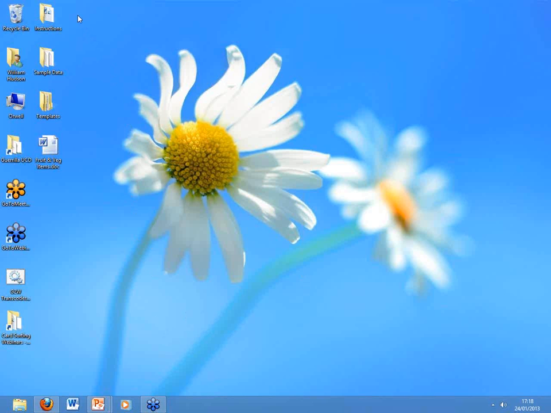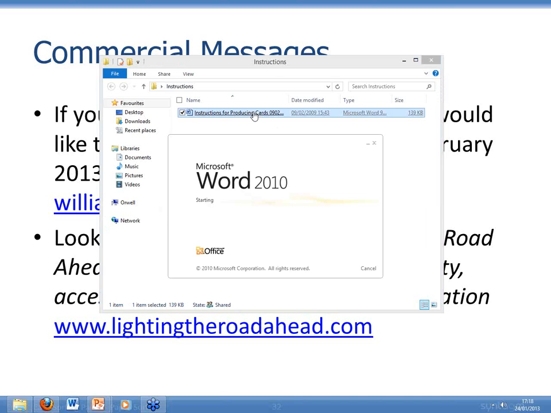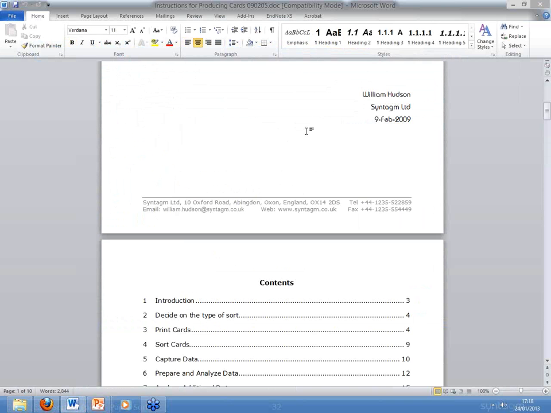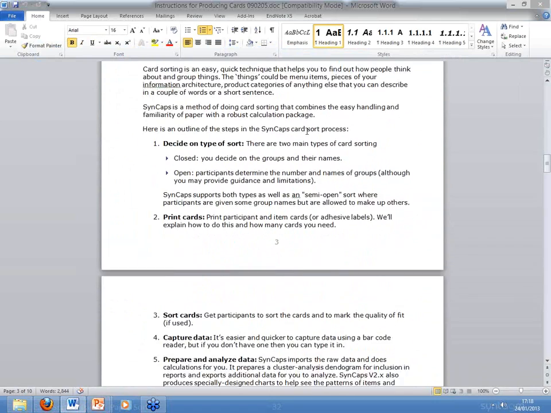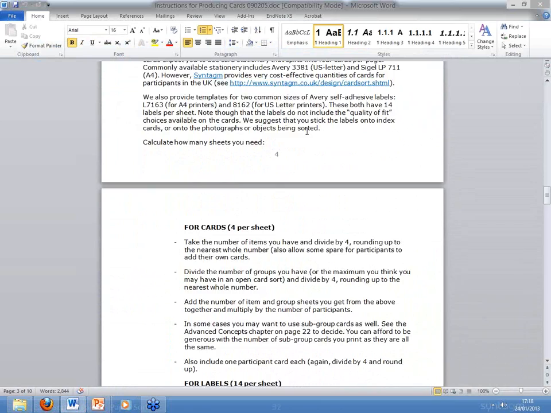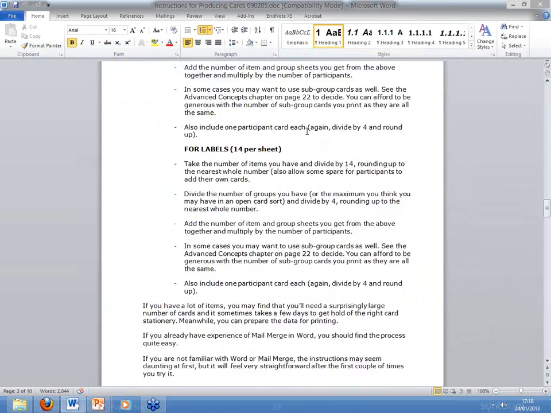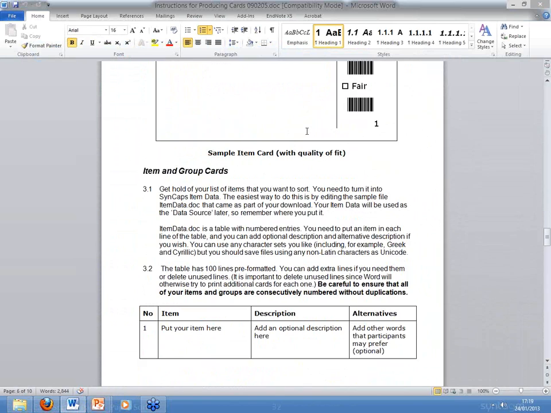So what I've done is I've downloaded our combined zip file, which gets you these 3 folders: instructions, sample data, and templates. And I'll just quickly show you in the instructions folder that we have instructions for producing cards. And here is what that looks like. And you'll see that it only talks about SynCaps versions 1 and 2. And we'll update this when we release version 3, but these instructions probably will not change very much because it's all about how to print the cards using